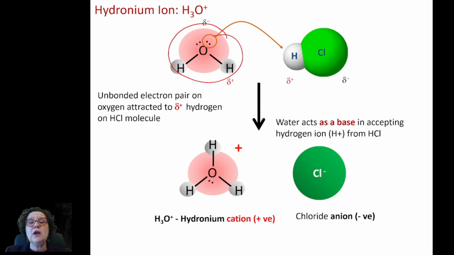So there is what we call a partial negative charge around the oxygen. And that is what we mean with this delta minus. That's what partial negative charge means. It's not a proper positive or negative charge. It's an excess of electrons in the area of the oxygen. And apart from the electrons that it is pulling from the